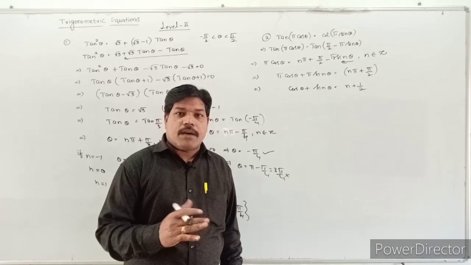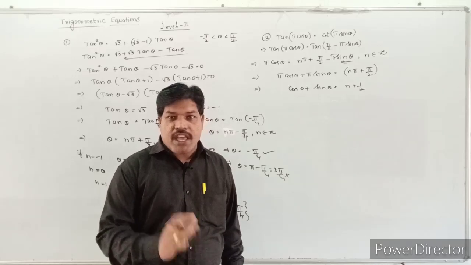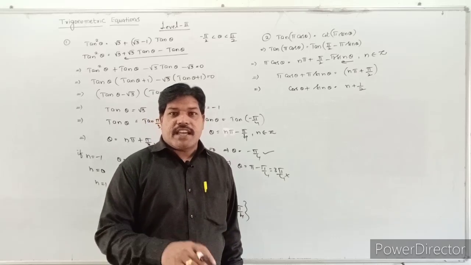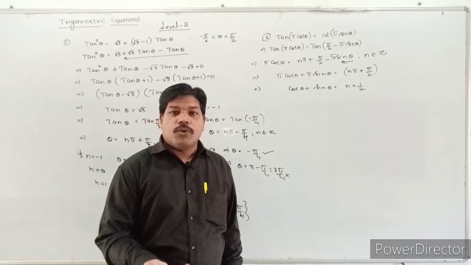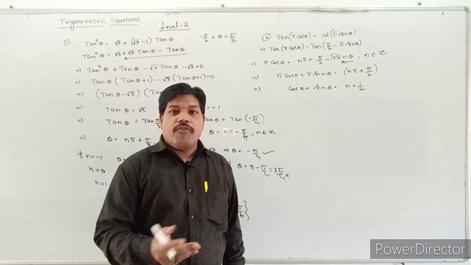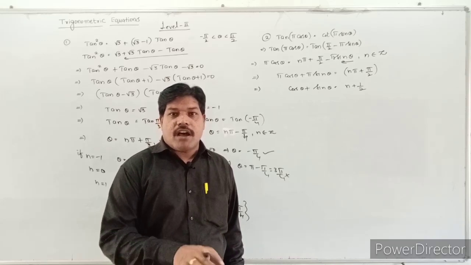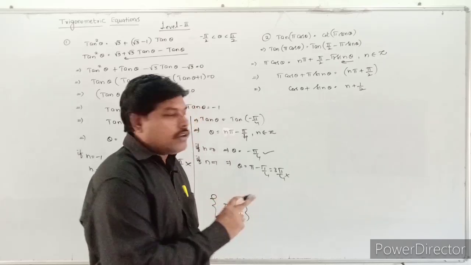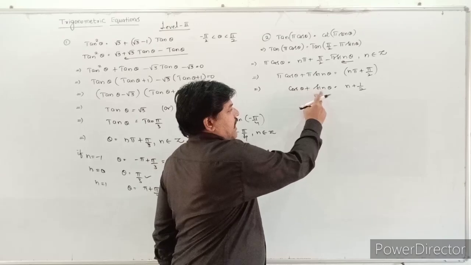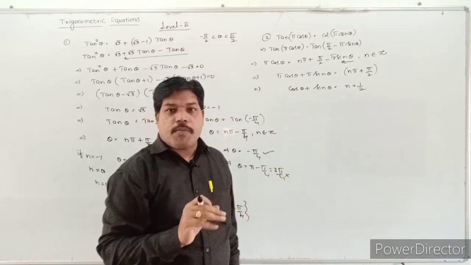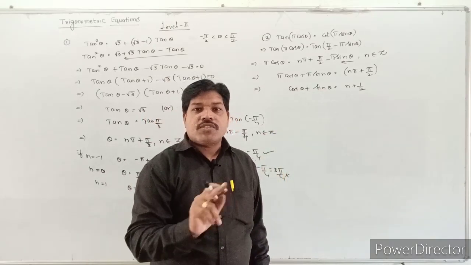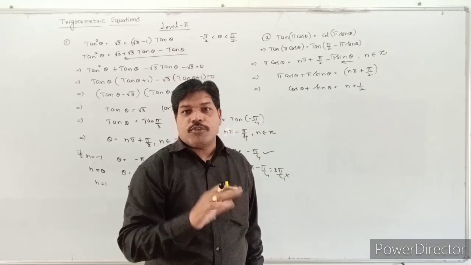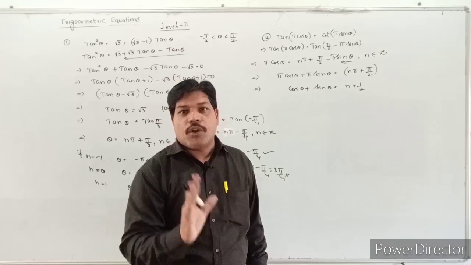If you have the form a cos theta plus b sin theta, you want to convert it to cos of a minus b or sine of a plus b form. So you have to divide by root of a square plus b square on both the sides. Here what is a square plus b square? The a value is 1, because the cos coefficient is 1 and the sine coefficient is 1. Root of a square plus b square is root of 1 square plus 1 square, that is nothing but root 2. Are you understanding that?